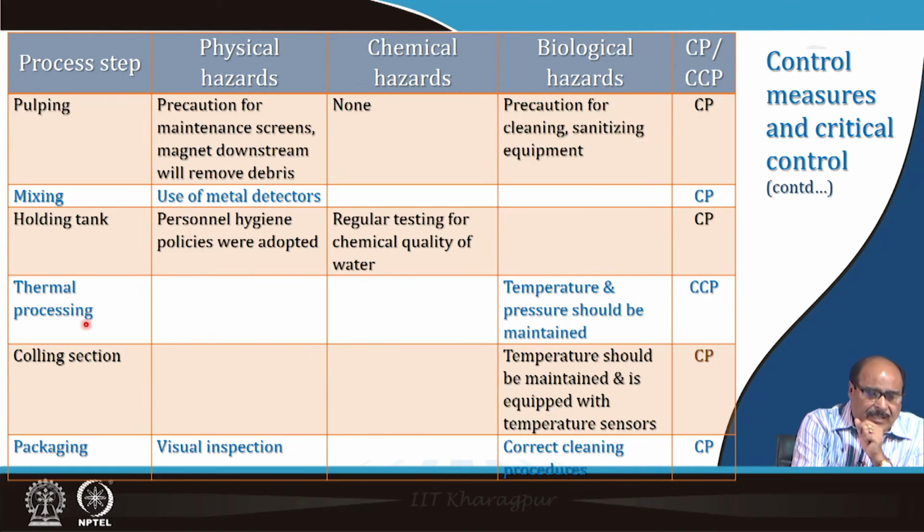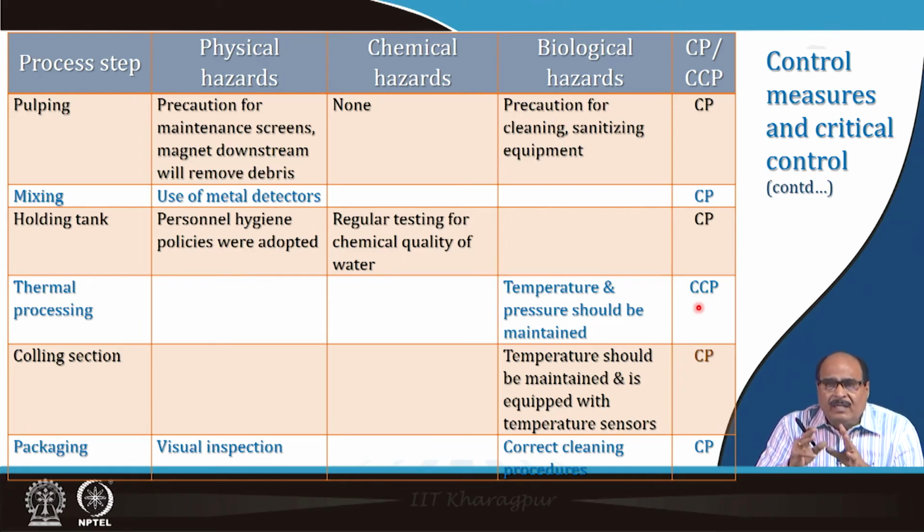But here you see again pulping, mixing, holding, all these. But in the thermal processing it is a CCP, as I told you, a critical control point. Temperature, pressure, etc., should be properly maintained so that the desired objective of that sterilization or pasteurization is achieved. And in other cases you have to properly maintain the conditions to check that there is no